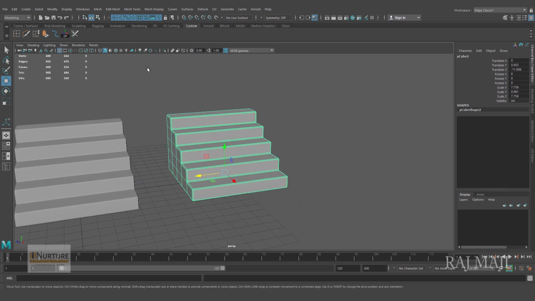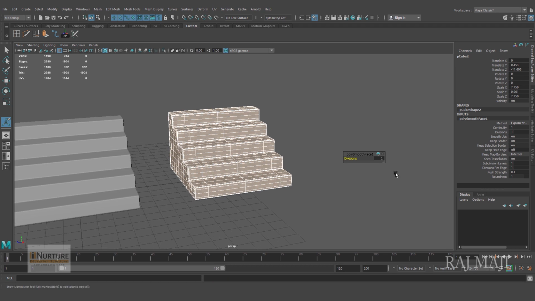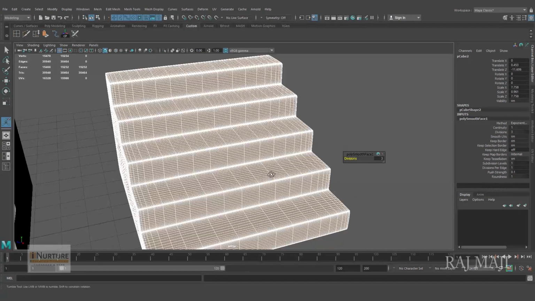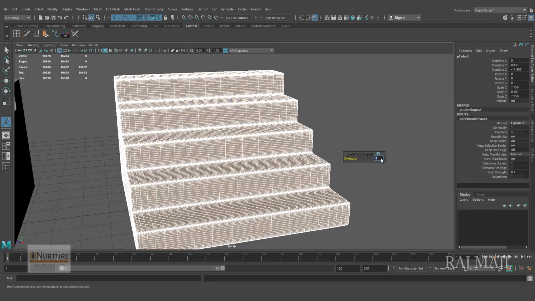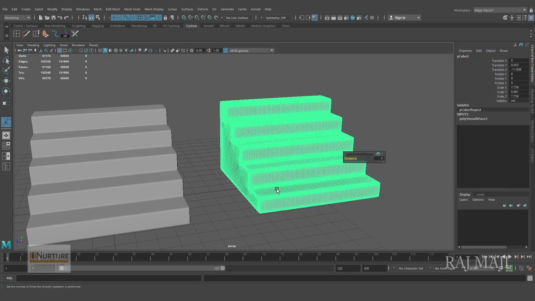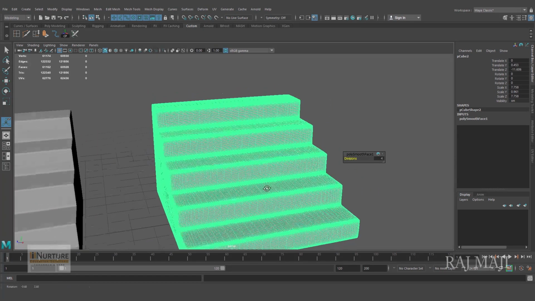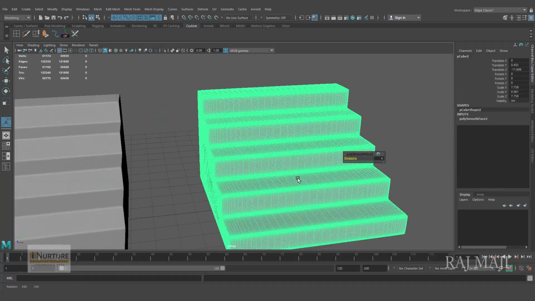So selecting this, going to Mesh and going to the Smooth option, and subdivision, I am giving the subdivision approximately 3, and I think it could be 4. Okay, very high poly model. Alright, and this is a very low poly model. Now for this model